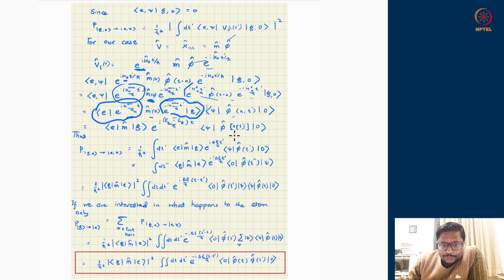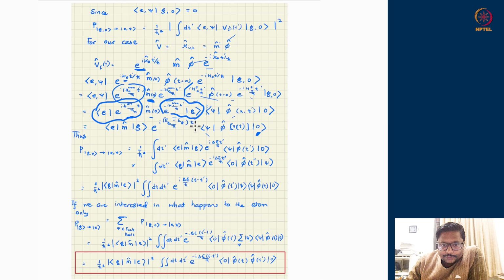While on the right-hand side I have the field between the initial state, which was ground, and possibly the final state, which is psi. That is the projected state which I am looking at. So now I have the full expression for the squeezed V_I between E psi and G0. What I have to do is the mod square. I have to first do the integration and then do the mod square. Now you see here the t, actually this should be t prime because everywhere the Hamiltonian was coming with t prime.